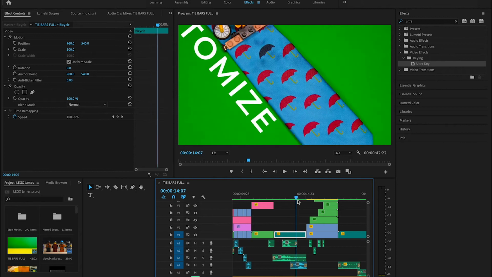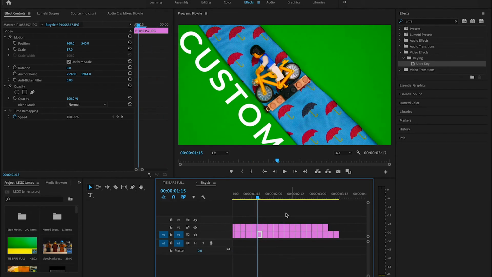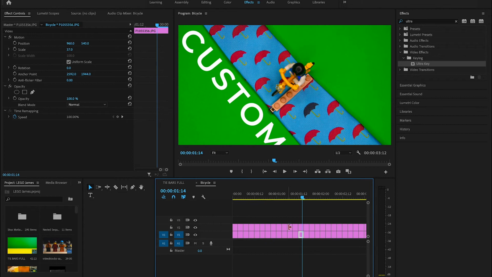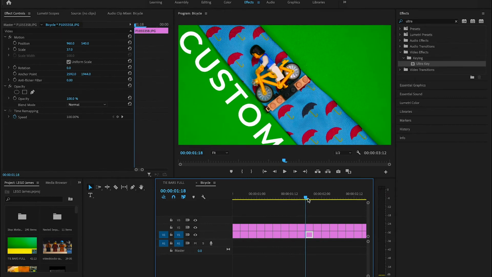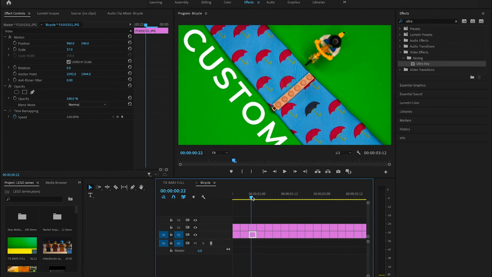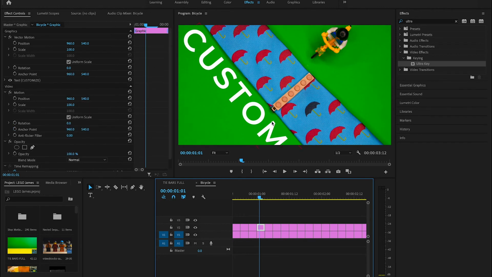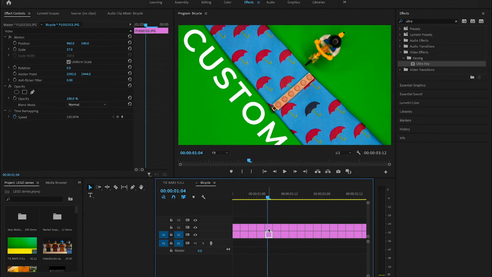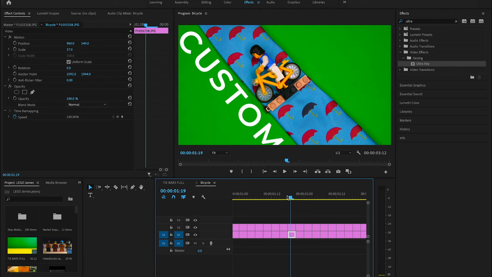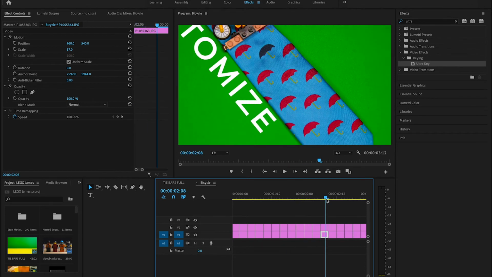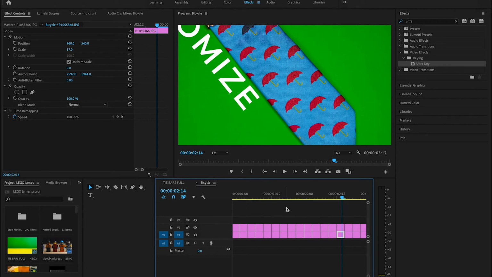This customize effect is actually one of my favorite things that I did. If you open up this nested sequence, you can see that what I did here was add a text box. This is my frame, and this is a text graphic of the word customize. I wanted the word to move like the stop motion and give it that jittery feel. And so what I did is I lined up the top of the M with that umbrella right under the tie bar, and as the tie was moving up, I moved the text with it to line up with that umbrella. And it's not perfect, but I am glad that it's not,